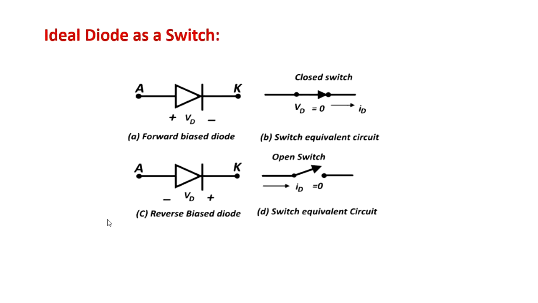Now first of all, let's talk about the diode. You must have studied diodes in your basic electronics course, so you must know that an ideal diode has no internal resistance and no voltage drop across it. For an ideal diode, when you forward bias it, that is you apply positive to the anode and negative to the cathode, it will act as a closed switch. And if you reverse bias it, it will act as an open switch. You have to keep this in mind to understand the working of gates.